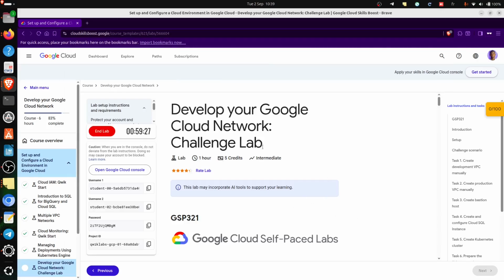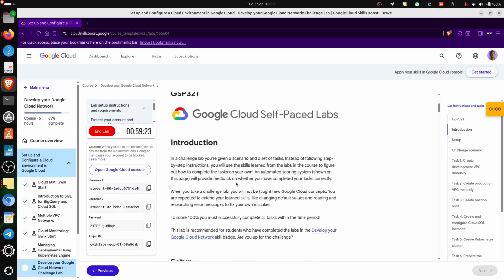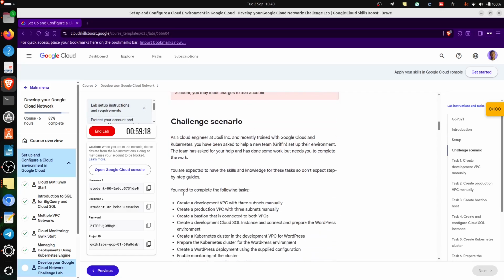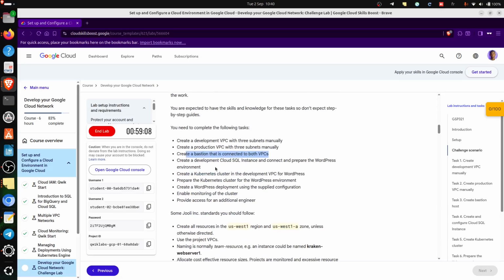So in this challenge we are trying to develop your Google Cloud network. So let's solve this challenge. The main goal of this challenge is to create a VPC network. After that, you create a VM instance, also create a Cloud SQL instance and try to connect,